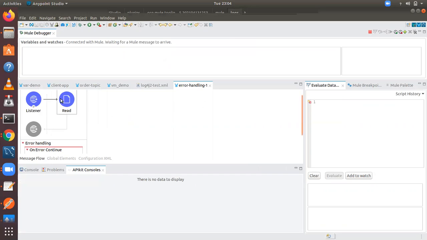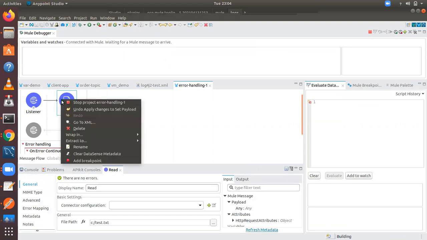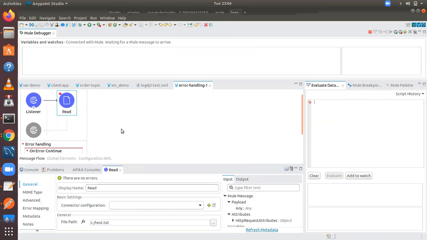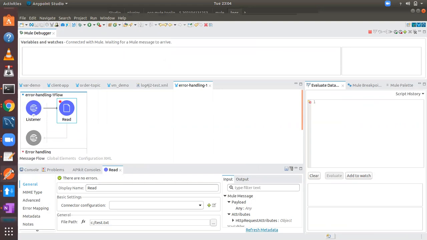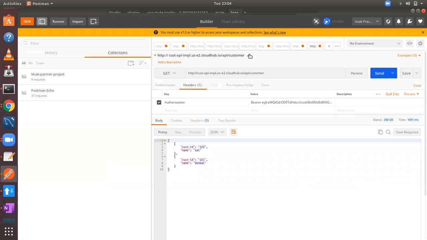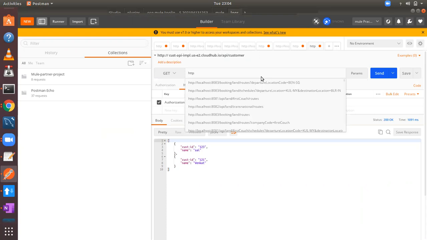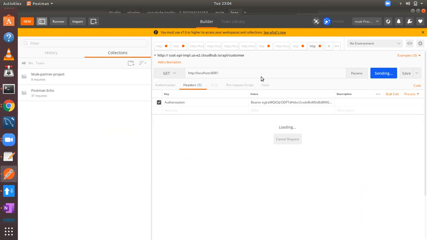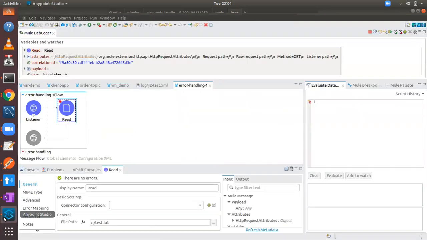I put a breakpoint over here. Let me hit go. So the control stops over here.